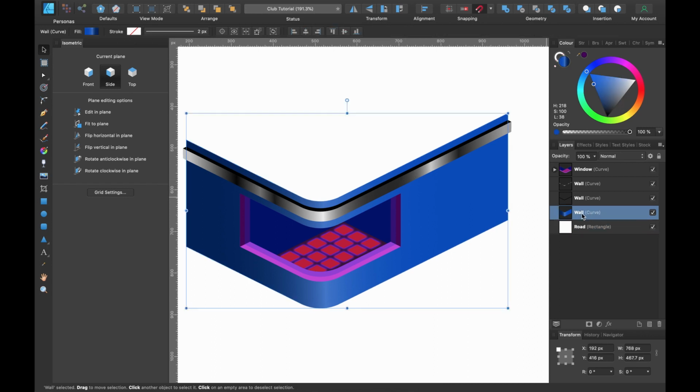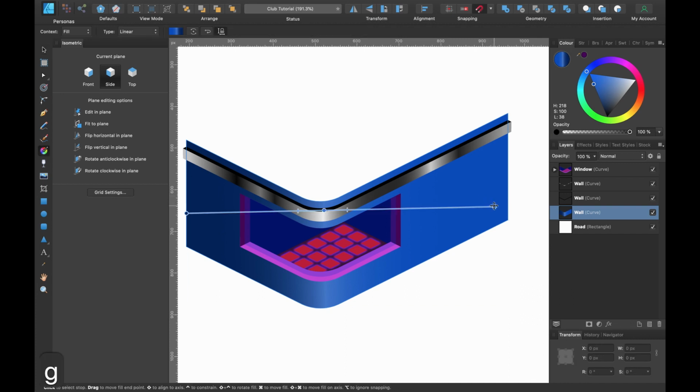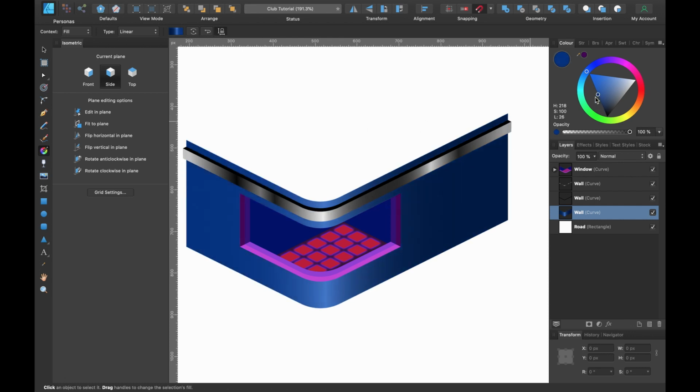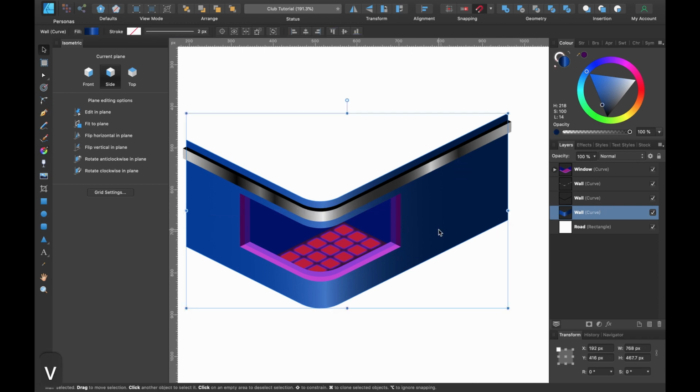So just to make it more evident, I will select the wall, press G so we can get back to our fill tool. And I'll just make this a little bit darker. Maybe I'll make it much darker and this side a little bit lighter, just a tiny bit. Okay, so with the wall selected, just press V, the move tool, and we're just going to draw out a